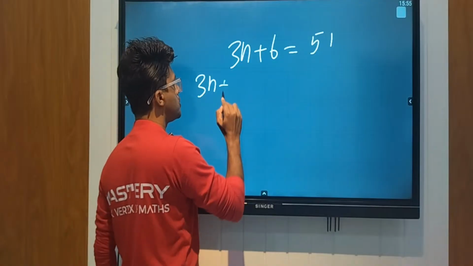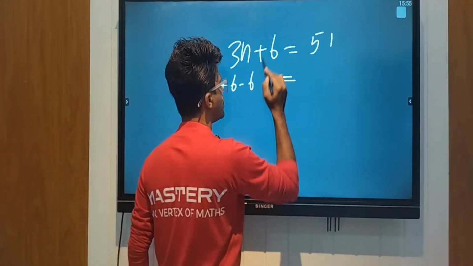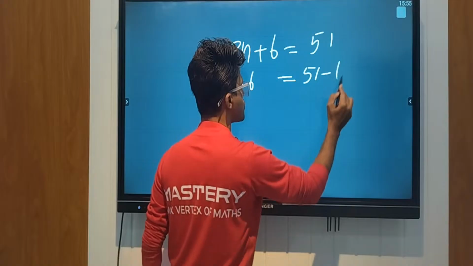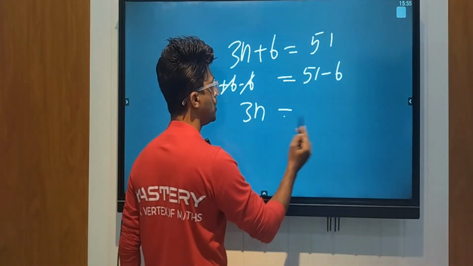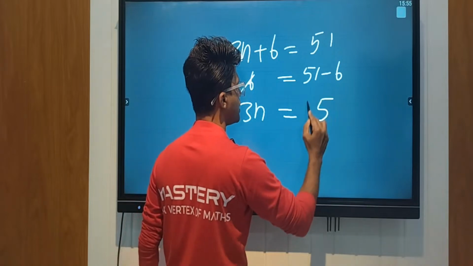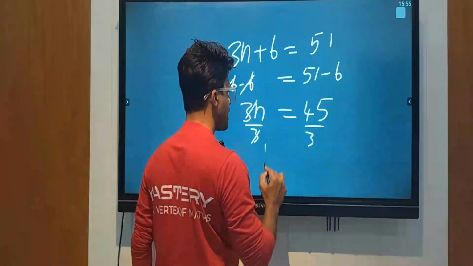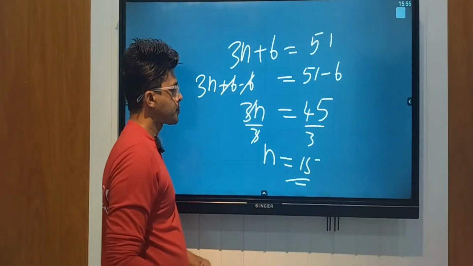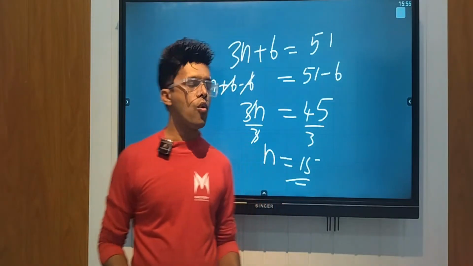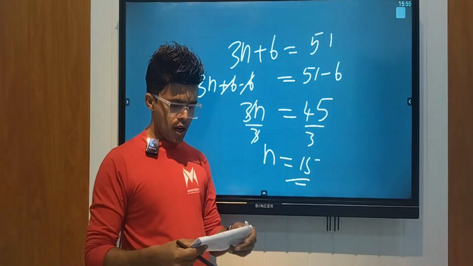To simplify, subtract 6 from both sides, so 3n equals 45. Then n equals 45 divided by 3, which is 15. So in the 15th row,